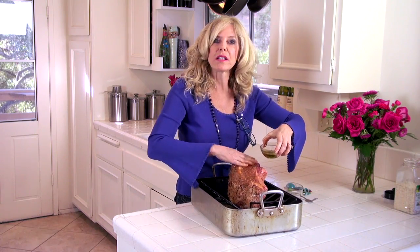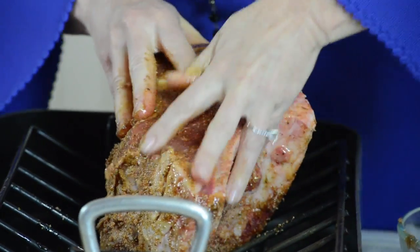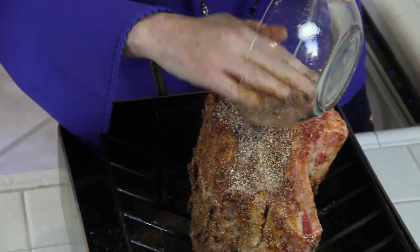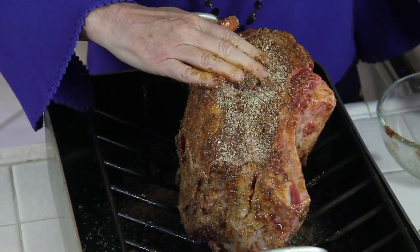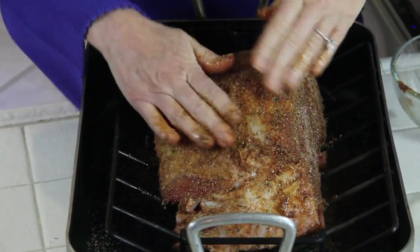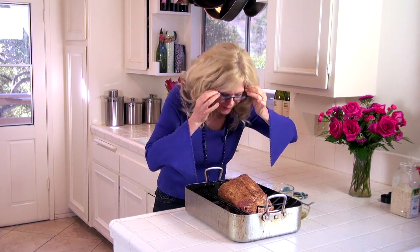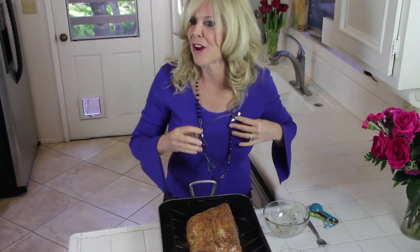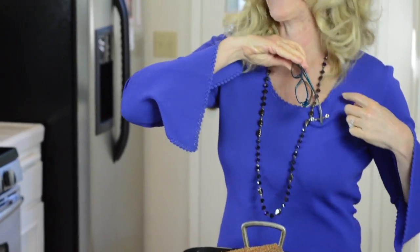Now, if you don't have garlic salt, you can just use regular salt and 1 tablespoon of garlic powder. But just do something to get some garlic flavor on the outside of your beef. There, now that was a perfect amount of spices for this 4-pound piece of beef. So there you go. I like it when it works out that way. Okay. Time for the inspection. He looks really good. It's time to stick him in that super hot oven and let's sear the heck out